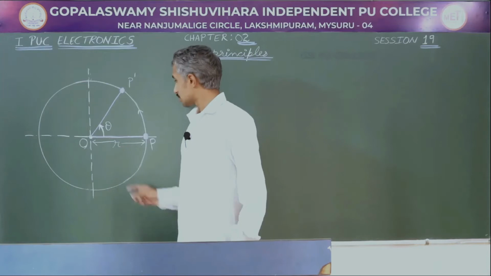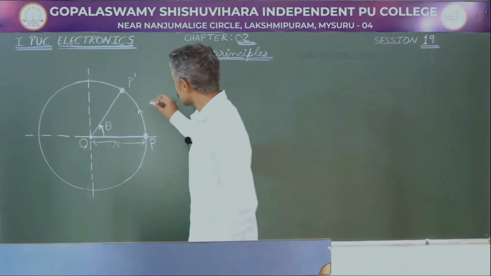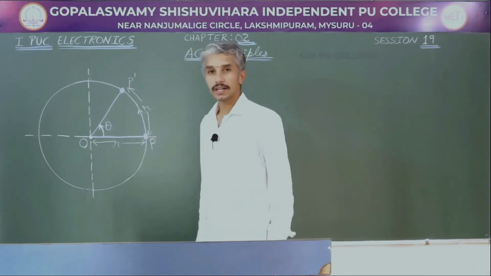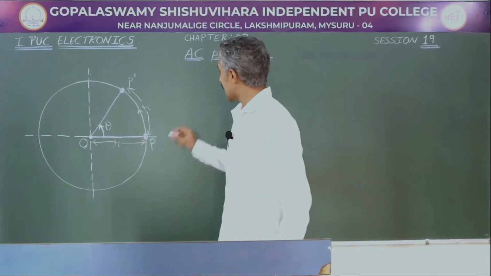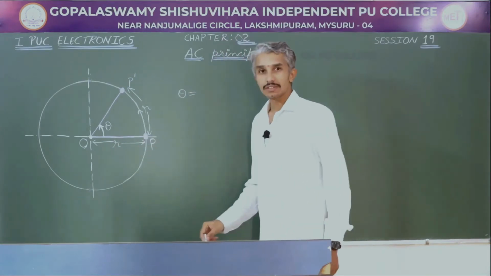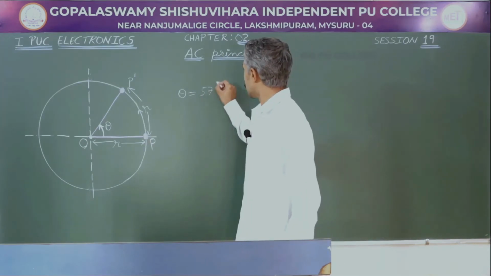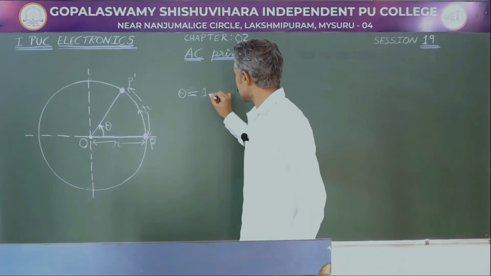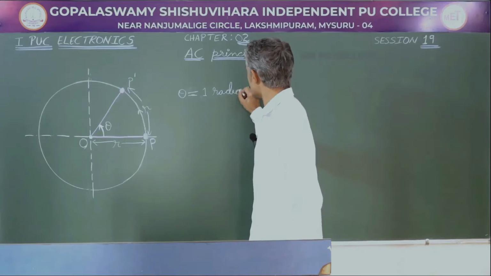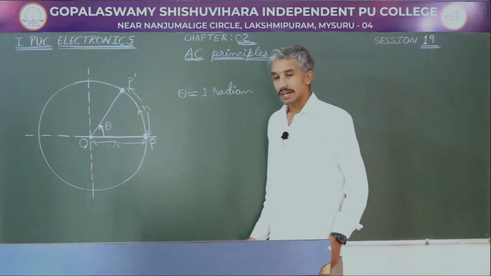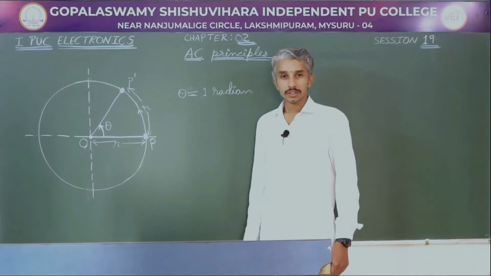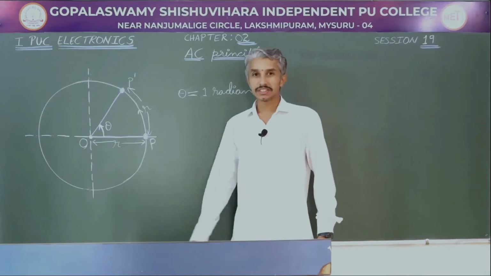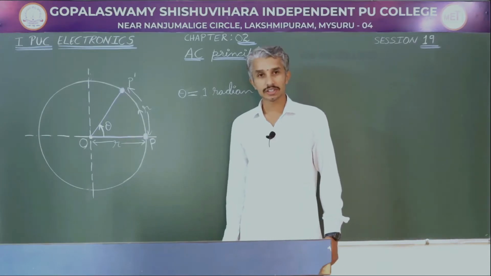If r is the radius of the circular motion and the object also covered a distance r on the circumference, then the angle which is covered is nearly going to be equal to 57 degree, and this 57 degree in SI units is called 1 radian. We have learnt about SI units in the physics chapter of units and measurements. Theta is measured in radians and not in degrees in SI units.